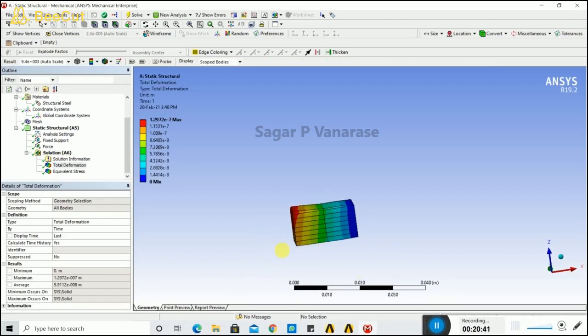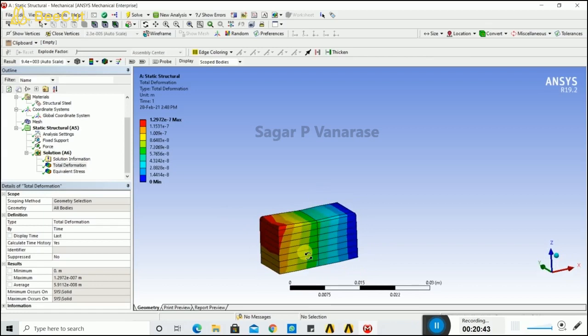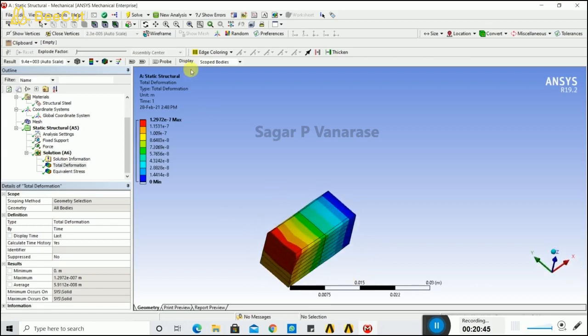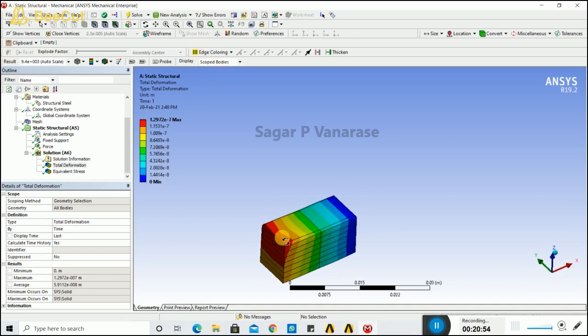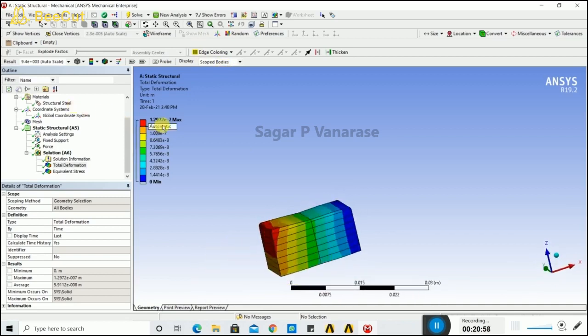Okay, now our solution is totally solved, our project is totally solved. So now just see the previous history, all the green tick marks are shown there. Here we can see the total deformation results, the various results that occur on our object. Now let's see it. Different bar color codings are there.